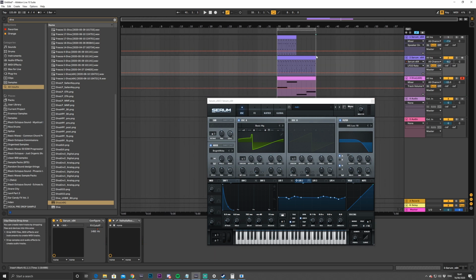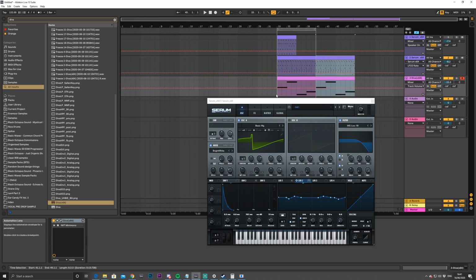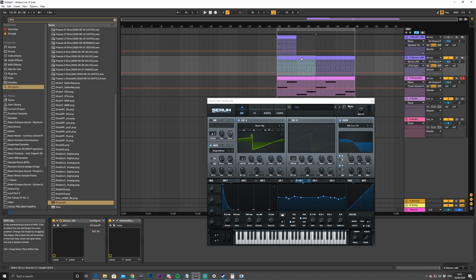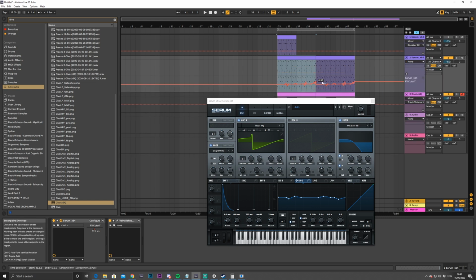Okay, so now that we've got that, I need to add more interest, because we are not going to be adding very much more in terms of elements to this track. This little loop is the main core, the driving force of the track, so we need to make it really interesting. So let's just keep an eye on this. Filter cutoff, and